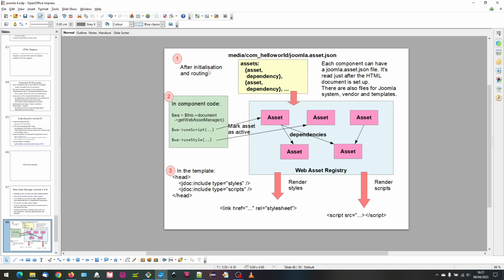So after Joomla initializes, it then goes to look to see which component the user is trying to access based on the URL. So based on the URL, it will do some routing and work out which component is going to be responsible for displaying that page, and then it will go to that component. Now in our case it would be hello world, and it will try and read this file, media/com_helloworld/